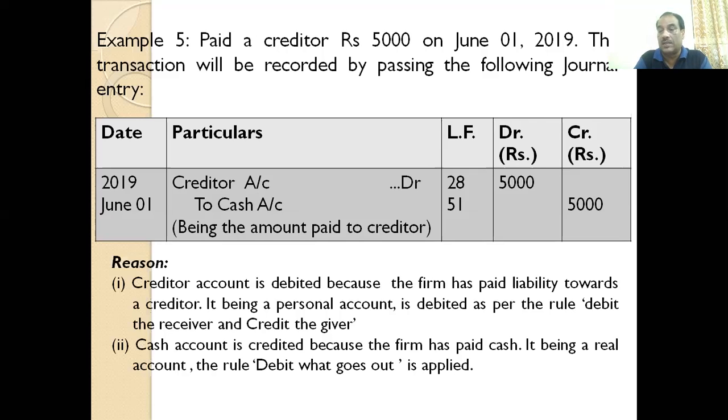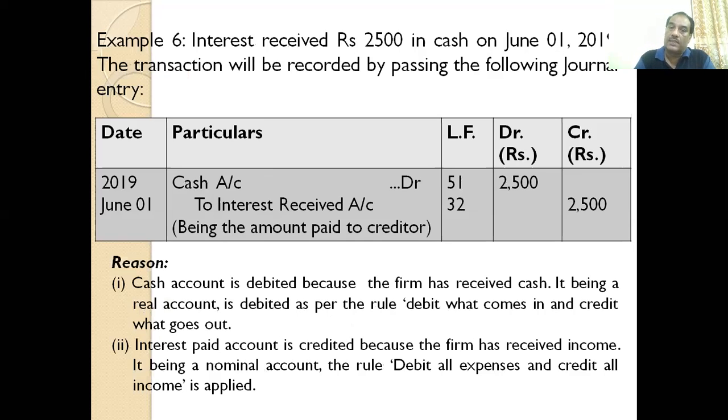It is a liability for the firm, and thus the creditor's account has been debited. And again, the amount is paid in cash. Cash being a real account, as per the rule, credit what goes out, it has been credited. Then the next example is